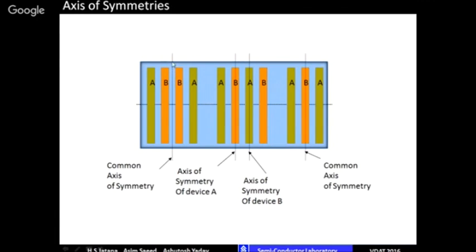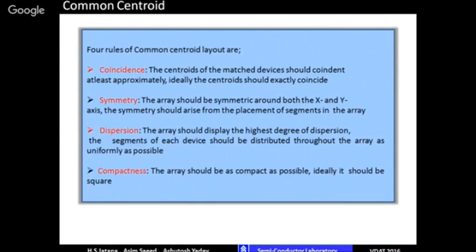It is matching in X and it is matching in B also. But here it is not matching. Axis of symmetry of A is this, axis of symmetry of B is this. So they are not matching. They are not coming on the same line. So the axis of symmetry should match, the centroids should coincide, and then their dispersion and